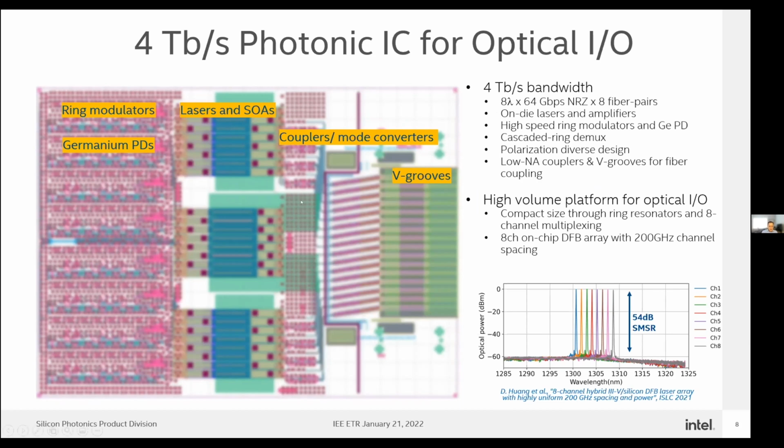So again, if I walk around the die here, along with the photonics, we have an 8 wavelength laser array. You can see performance here on the bottom right. We're pretty pleased with what we get there. Very reproducible, controllable channel spacing, very uniform performance across the wavelengths, including over temperature, which is not shown here. That gets muxed and then split into eight lanes feeding the 8 fibers. Each lane runs down a cascaded set of ring modulators, encoding the data. And then through SOAs, again, mode converters and V-grooves onto the fiber, coming back through amplifiers,